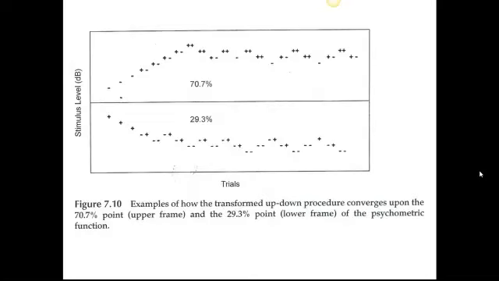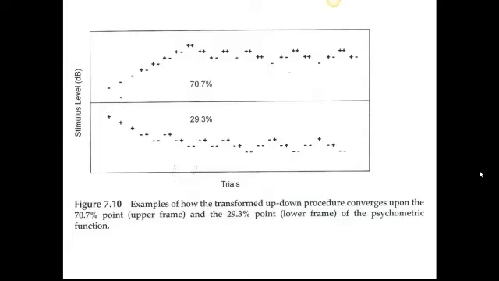So here's an example of the transformed up-down procedure and how it converges on the 70.7% correct point, which is used a lot in psychometric threshold estimations, such as in gap detection. The 70.7% correct point is used a lot. And then at the other end of the spectrum, the 29.3% correct point is also used. So you can see again